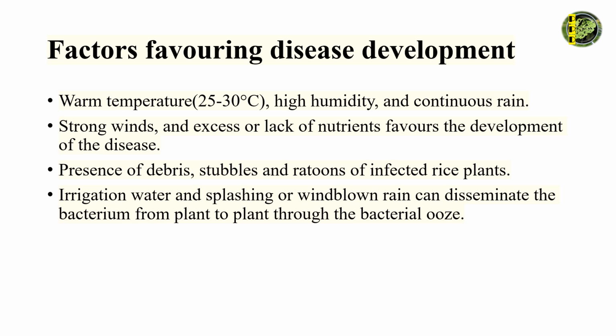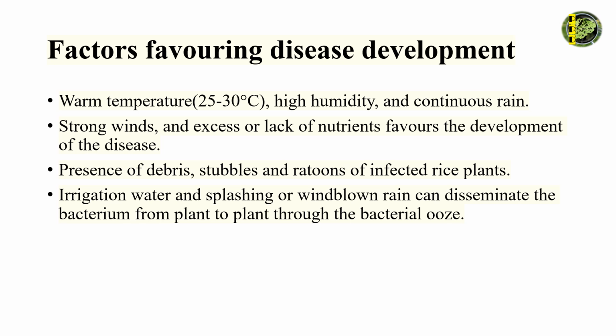Some of the factors that favor the development and incidence of this disease are warm temperature of 25 to 30 degrees Celsius, high humidity of more than 80%, and continuous rain, strong winds capable of causing wounds on the plant, excess of nutrients like nitrogen, and deficiency of nutrients like potassium and phosphorus with closer plant spacing are also known